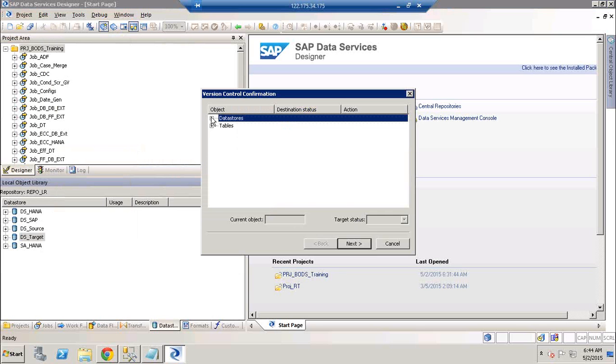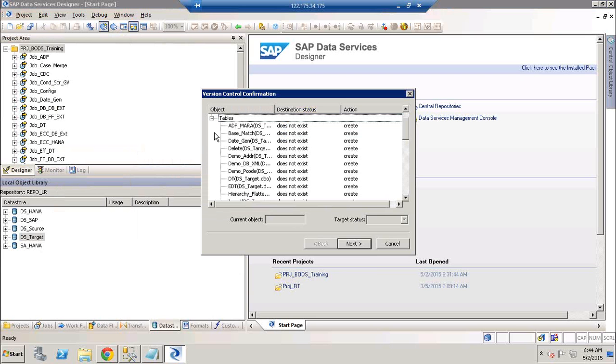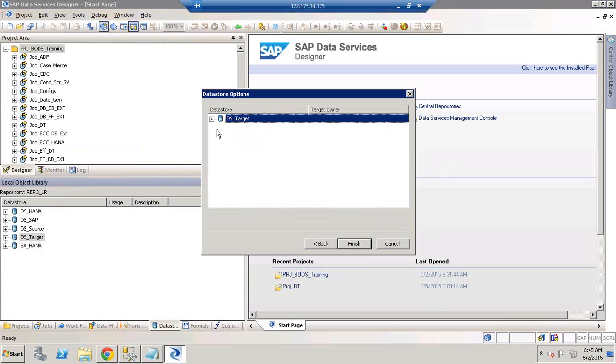Now when I say filters, it will show me all the objects list that is present here, my tables and my data store, and it says that these objects are not present in the central repository, they do not exist, and if you want to create, you can go and create. So this one I want to keep it to create because I want to have it, but let us say ADF Mara, for just quick reference, I want to exclude that one and keep all the remaining things, right? So all the tables I'm keeping them, just excluding ADF Mara, and just click on next